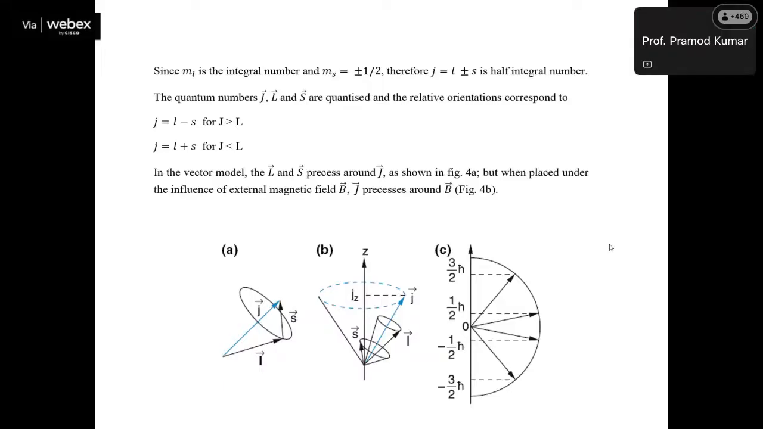So now the question is when you will get j equal to L minus s or j equal to L plus s, depending on the condition. When j is greater than L, definitely it means we have j equal to L minus s, and if the j value is less than L, then we have to use j equal to L plus s. So these two conditions we can utilize for calculating